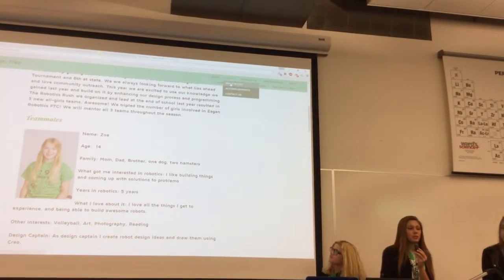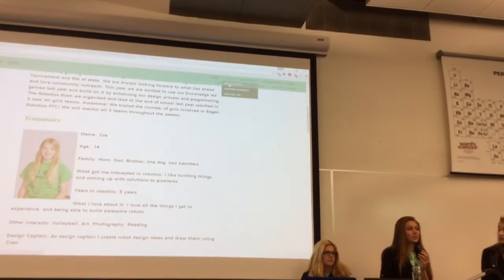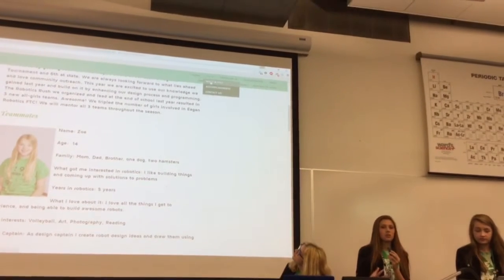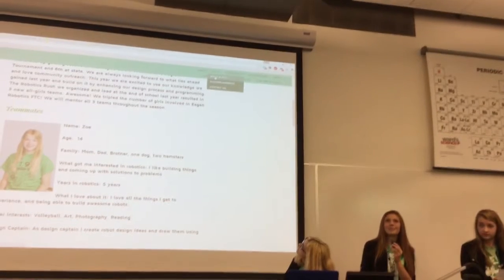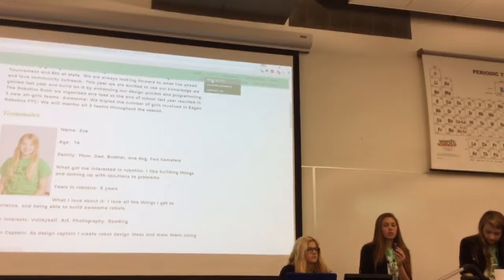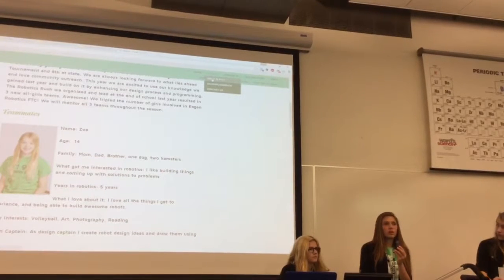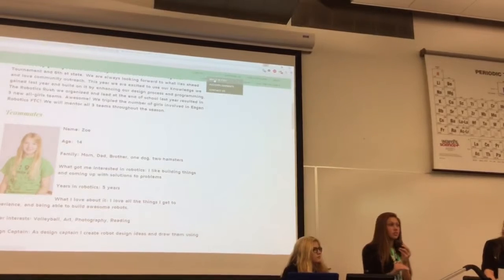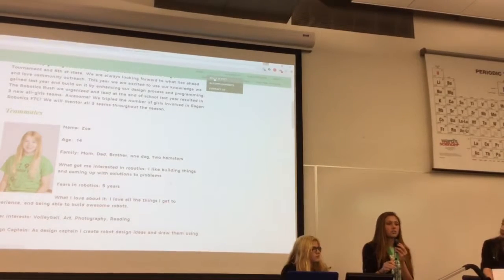The Contact Us page, I believe, is one of the most important pages on your entire website, because it's really frustrating when you go to a team's website and there's no possible way to contact them, like when you're reaching out to them for community outreach or trying to get in contact with them for scouting. You can just put a contact form on there that's linked to your email so that when people try to contact you, you'll just get an email.